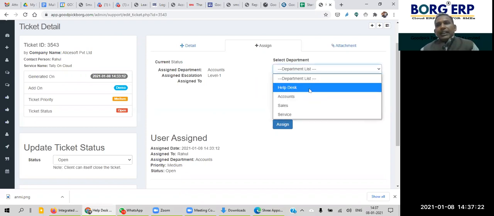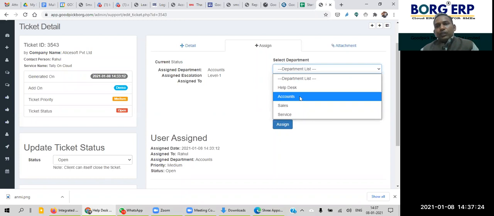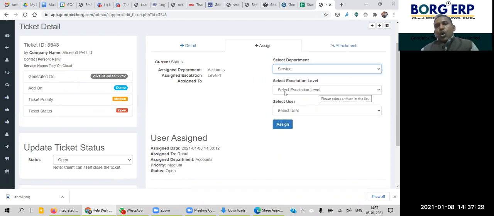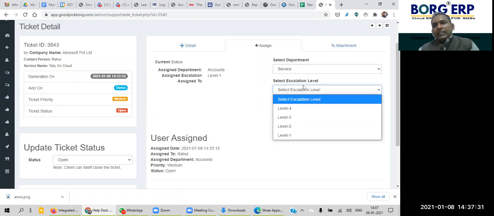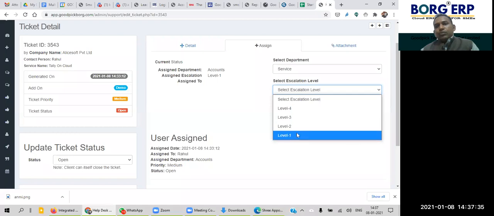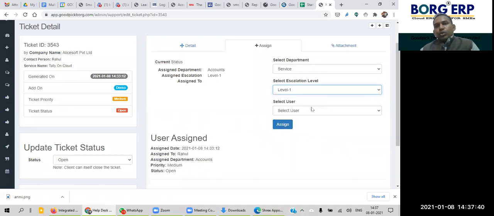Here is how to assign. If I click here, for example service department, all levels in the service department are listed, and I can choose any of them. For example, I want to assign the ticket to level 1 itself. All persons in service department level 1 will be listed here.